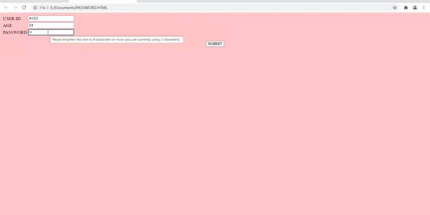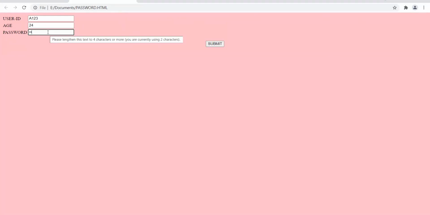See, read the message. Please lengthen this text to 4 characters or more. You are currently using 2 characters. I have set the minimum length 4. How many characters I entered? 2.